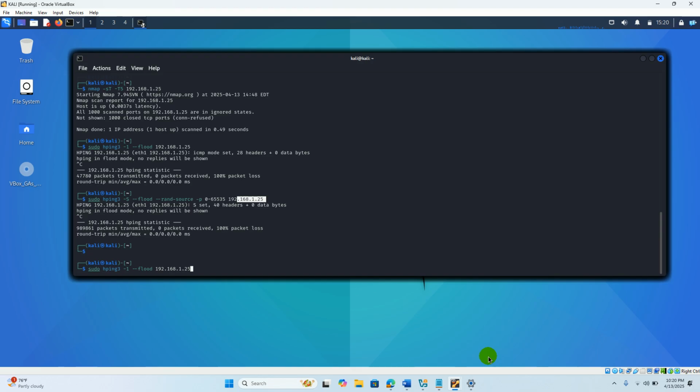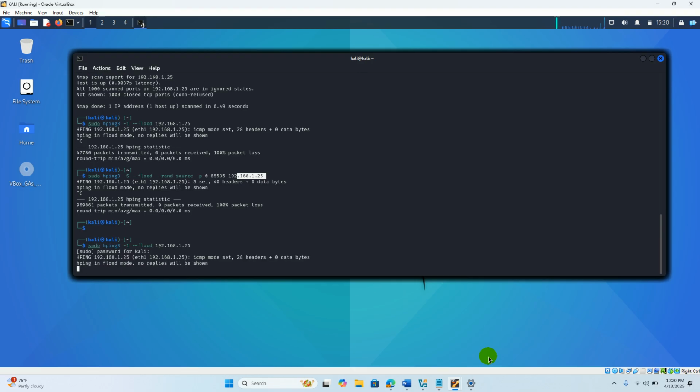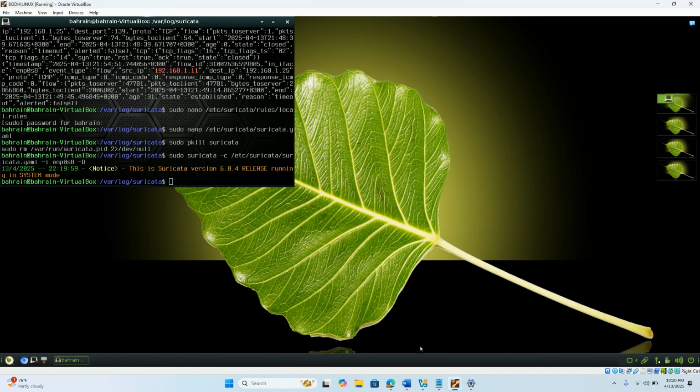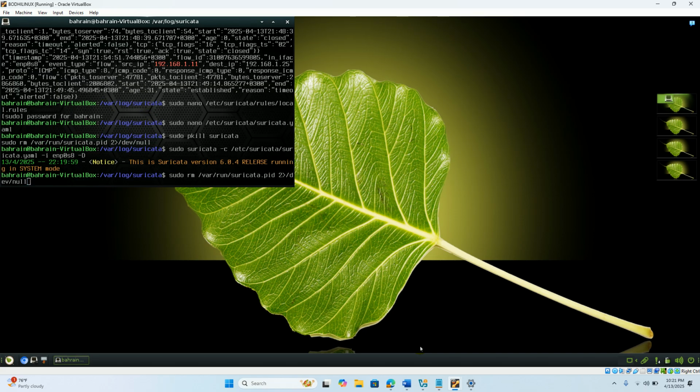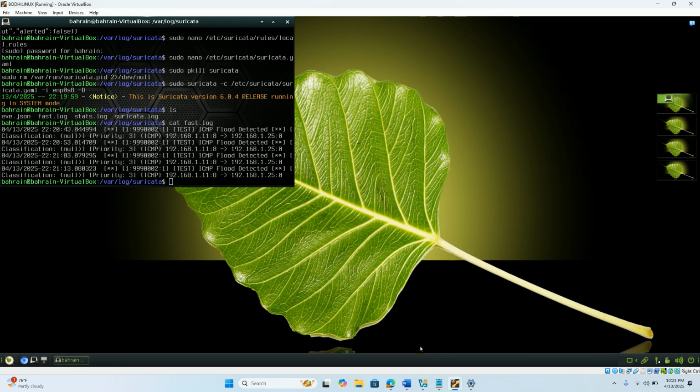I'm doing this attack using this command: hping3 -1 for ICMP packets, --flood, then the IP address of the target system on which this is running. Then let's see the log files here. Let me cat fast.log, and you can see that it has detected the ICMP flood attack,